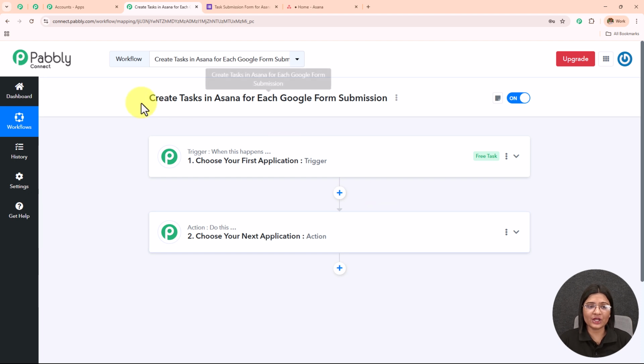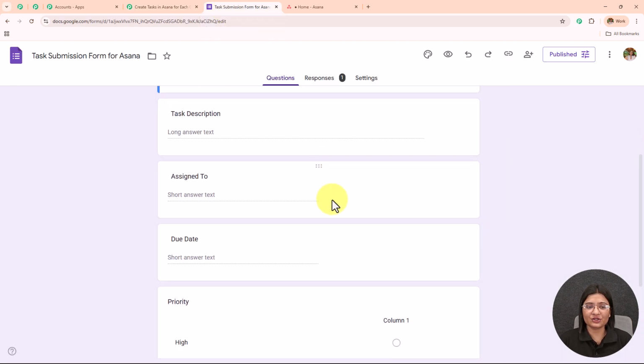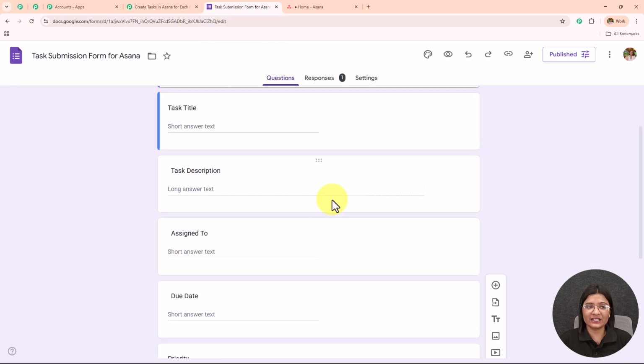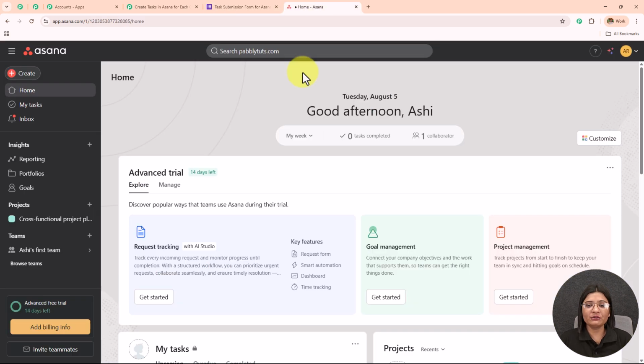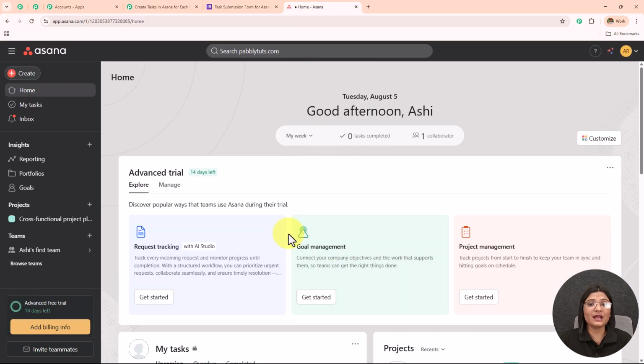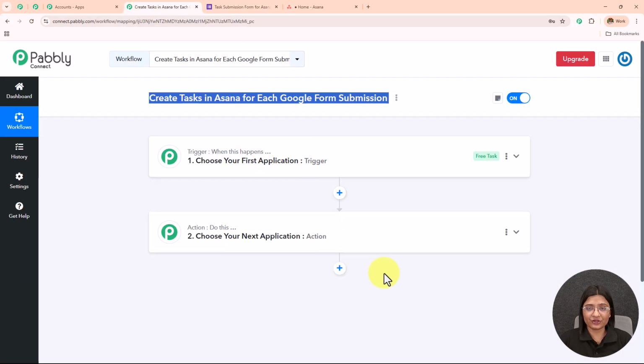Here in this workflow, I want to create tasks in Asana for each Google Forms submission, which means whenever there is a Google Forms submission from the task form which I have created, automatically the task should be created in my Asana account, which means whenever there is a form submission, this complete workflow will get triggered, because trigger says when this happens. So when I receive a new form submission, then action says do this, then create the